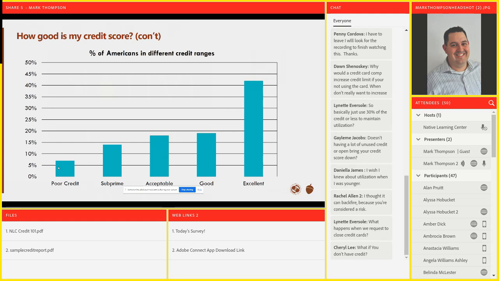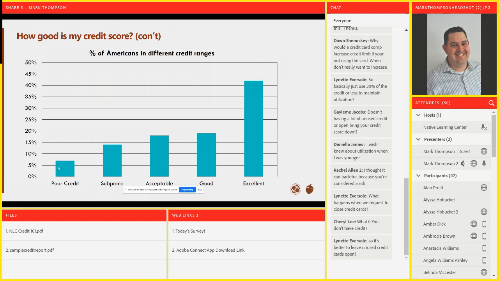Now, if you have a lot of other cards, it may not matter, especially if you haven't charged a lot. Going from a $100,000 credit limit to $90,000, and I'm using crazy numbers, if you only charge $3,000 every so often, you're using very low utilization. It's not going to be an issue. But if you only have $1,000 in credit and you're charging $500, and you have that on two cards and you close one of the $500 cards, now you may be going to 100% utilization.